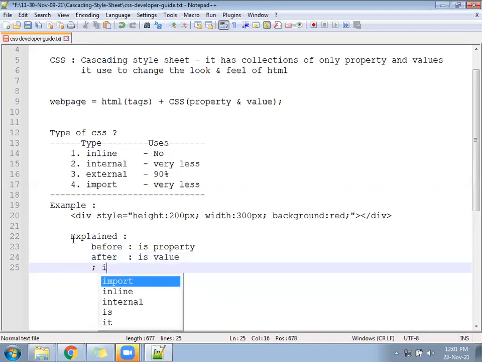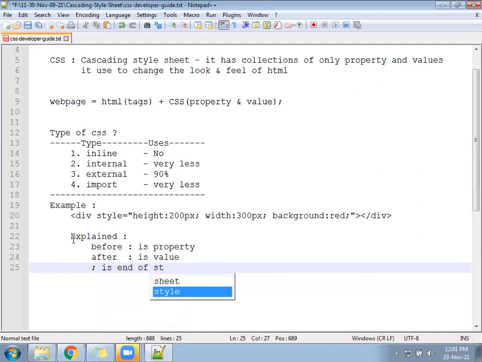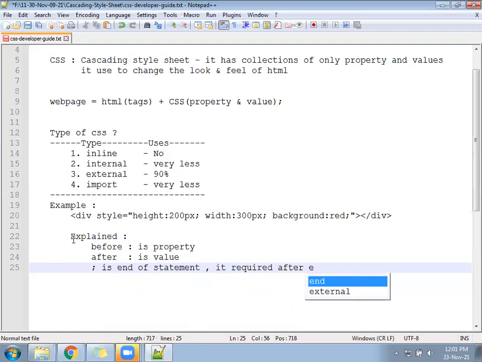Semicolon is end of a statement. It is required after every value.